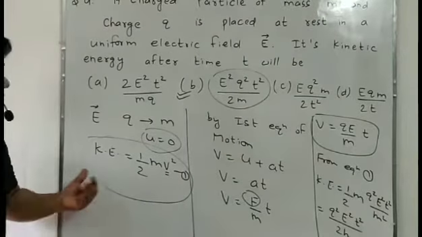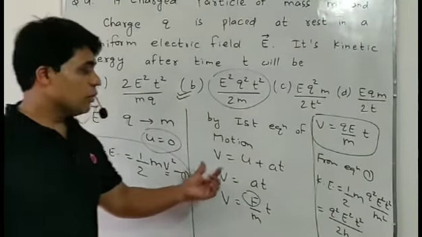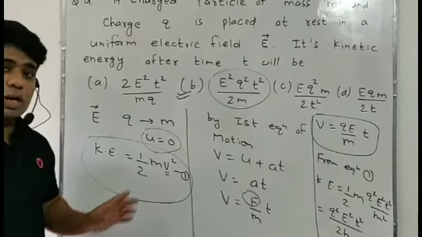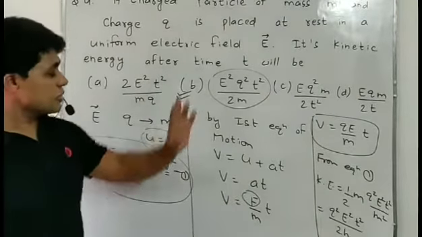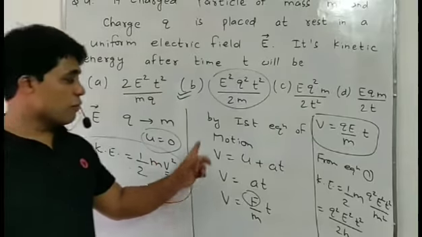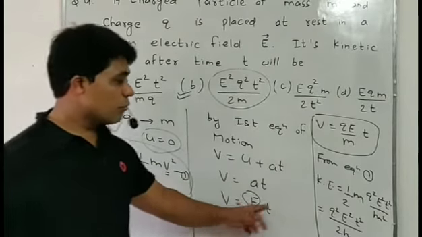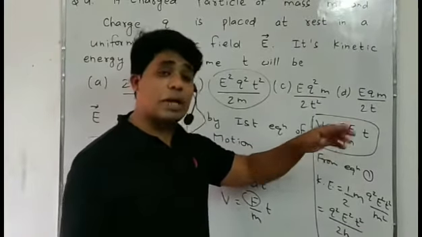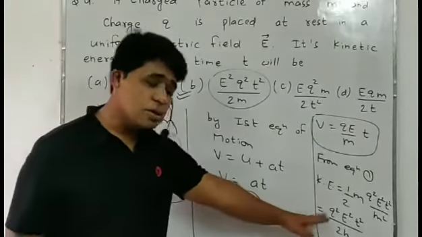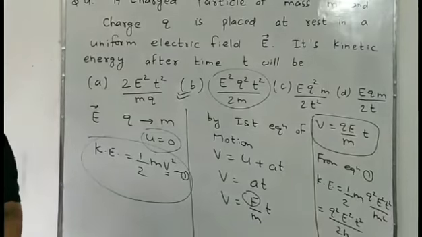So simple. We have to find kinetic energy. So initial velocity is 0, that we are given because the object is in a state of rest. We have to find final speed. So we found it by the first equation of motion, acceleration replaced by force by mass. Force in an electric field is QE, electrostatic force, and we got the kinetic energy of the particle.